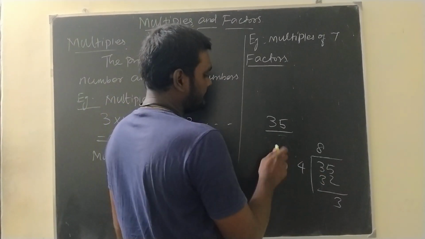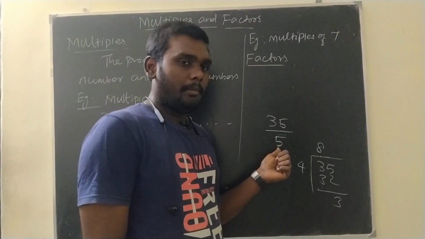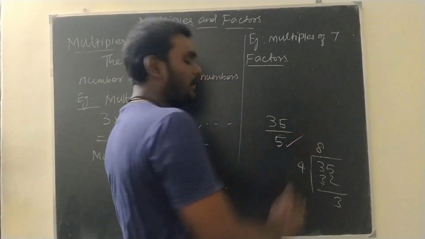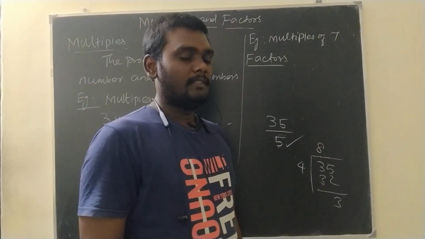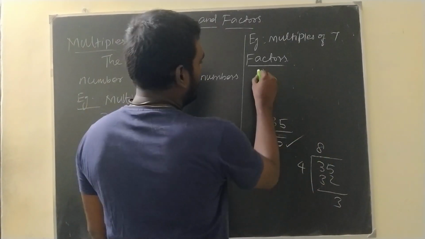What about 5? Will this guy do his job correctly, completely without any remainder? Yes, he will do. So we are promoting this divisor as a factor. Likewise, many things are there. So divisor means the number,